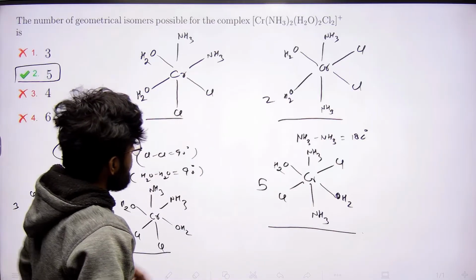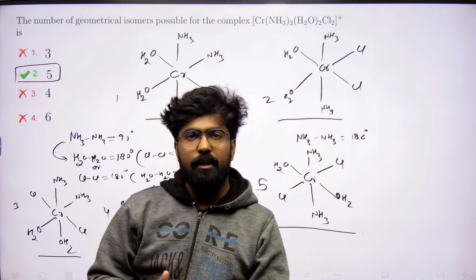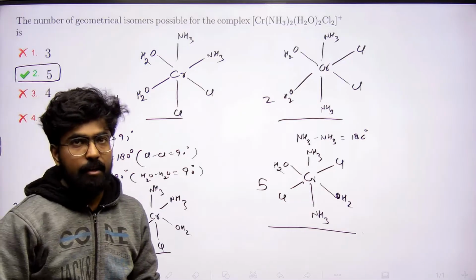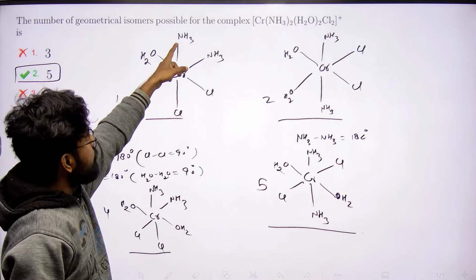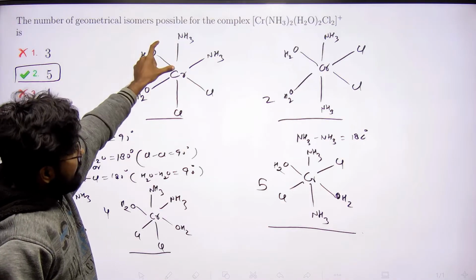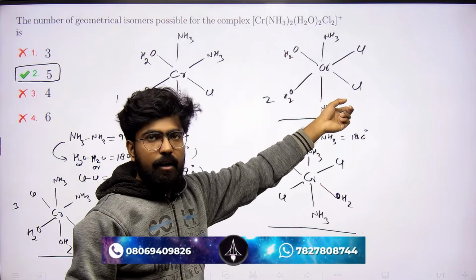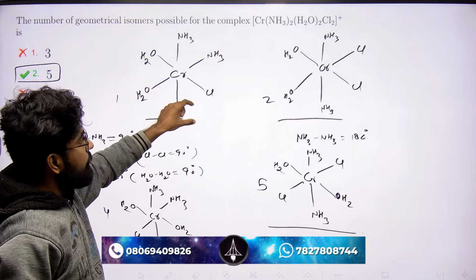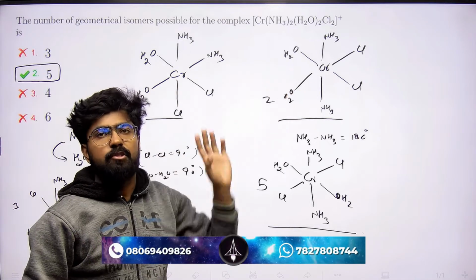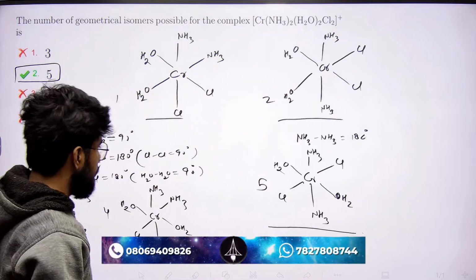This type of question is solved quite patiently, keeping in mind all the possibilities and taking one of them as a reference, right? Every time you face this type of question, you have to do the same thing: place two ligands at 90 degrees and create it as a reference, and the same ligands at 180 degrees as another reference. Then try to put the other ligands without disturbing the reference geometry of the concerned two ligands, right? So this is the right way to solve these types of questions.